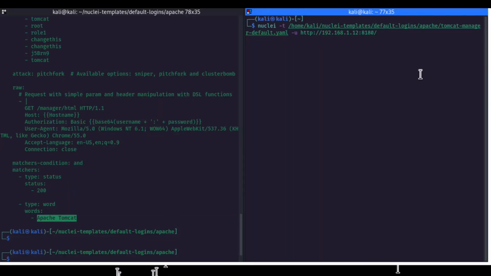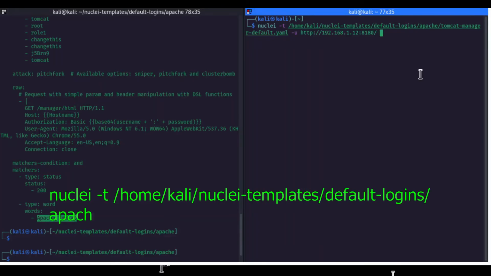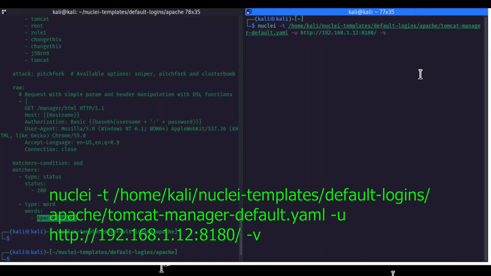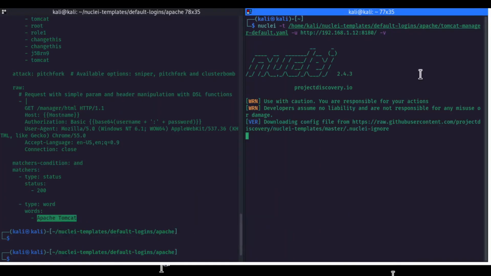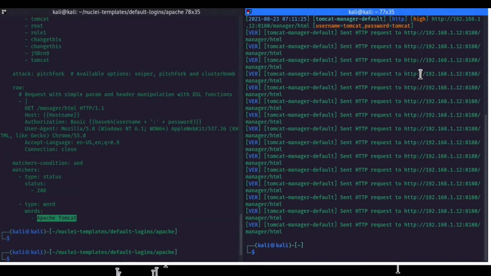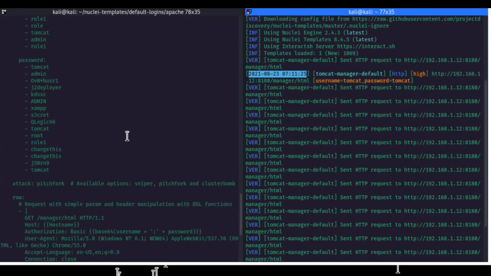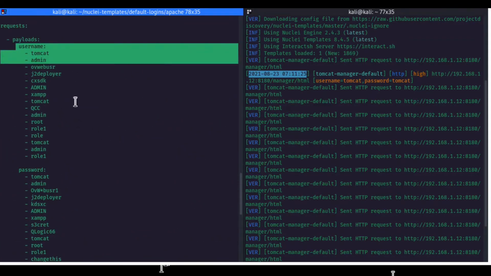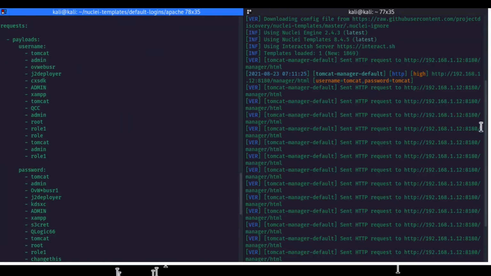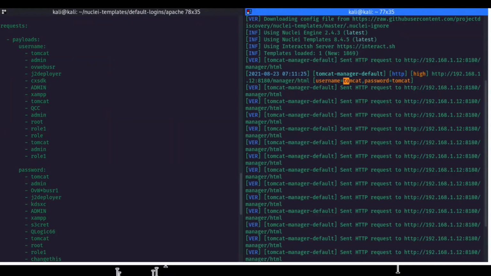and then we will be trying to run this scan, and we will be putting this -v verbose switch to see what is happening behind the scenes here. So let us have a look how actually it will work. Right. So yes, now you can see here, whenever we are getting a confirmation that yes, from the word list that is shown here, username and password payload, it was successfully completed using this username Tomcat and password Tomcat.